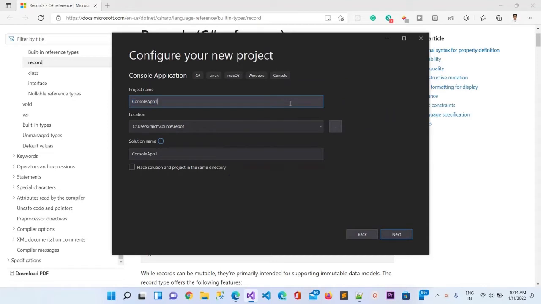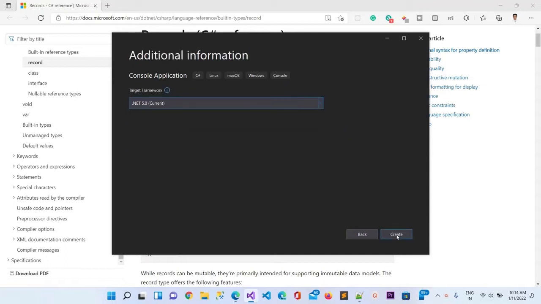Let me put a meaningful name here, demo records. Then click on next, and make sure that you have chosen .NET 5.0 for the current version, or .NET 6.0 as well, but I have not installed .NET 6, therefore it is showing me only .NET 5.0.